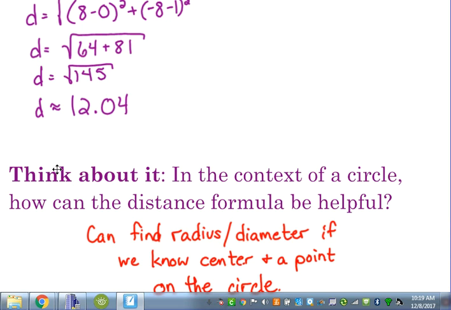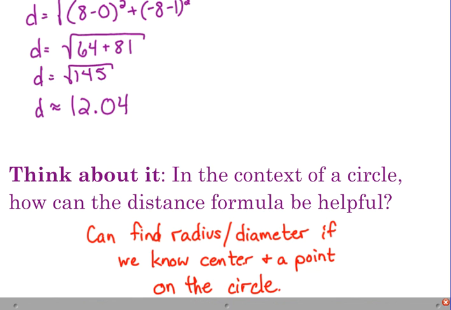It depends on what they give us. Okay, if they give us the center and a point on a circle, that would give us the radius. If they give us the two endpoints of the diameter, that would give us the length of the diameter. So if we were on a test and we forgot one of